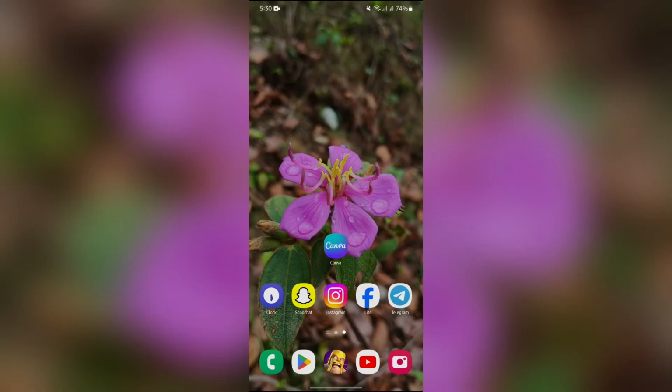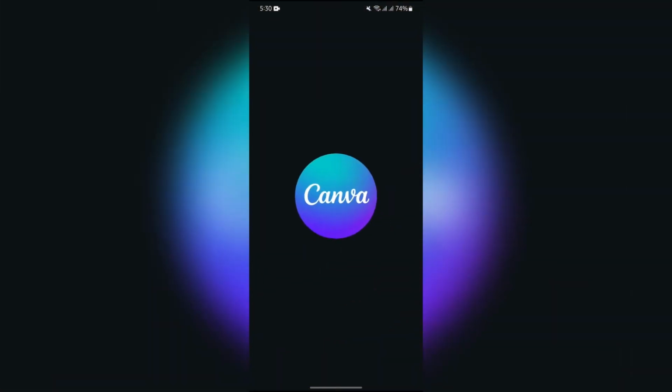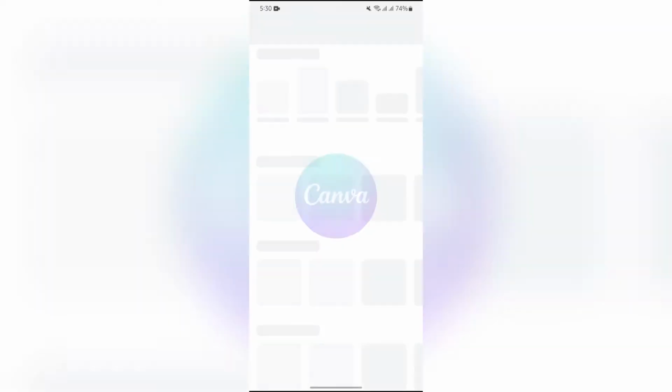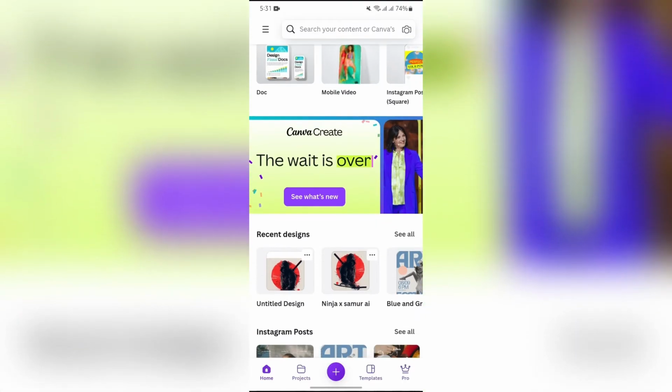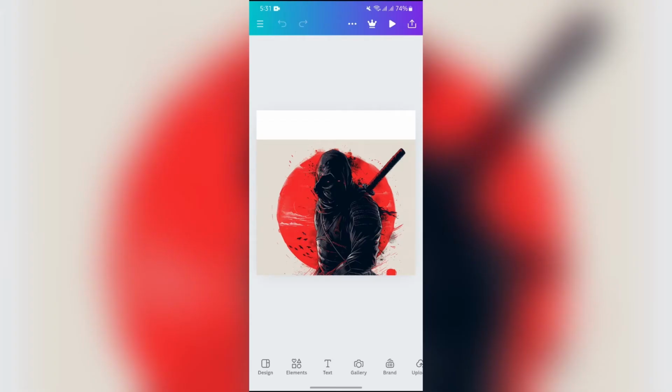In order to do that, you simply have to open your Canva application at first, and after opening the Canva application, you'll simply have to create a new project or open an existing project in Canva. I'm opening this existing Ninja Samurai image, and after opening your project, simply select the image which you want